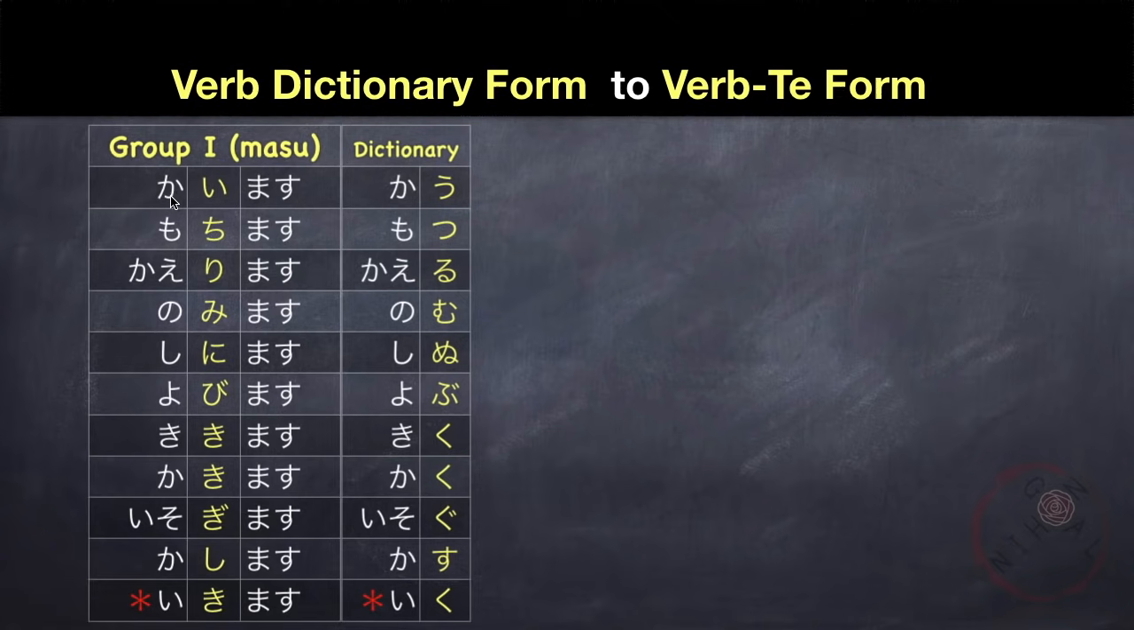For example, kaimasu becomes kau. Mochimasu becomes motsu. Kaerimasu becomes kaeru. Nomimasu becomes nomu. Shinimasu becomes shinu. Yobimasu becomes yobu. Kikimasu becomes kiku. Kakimasu becomes kaku. Isogimasu becomes isogu. Hanashimasu becomes hanasu. And ikimasu becomes iku. So from dictionary form to te form,